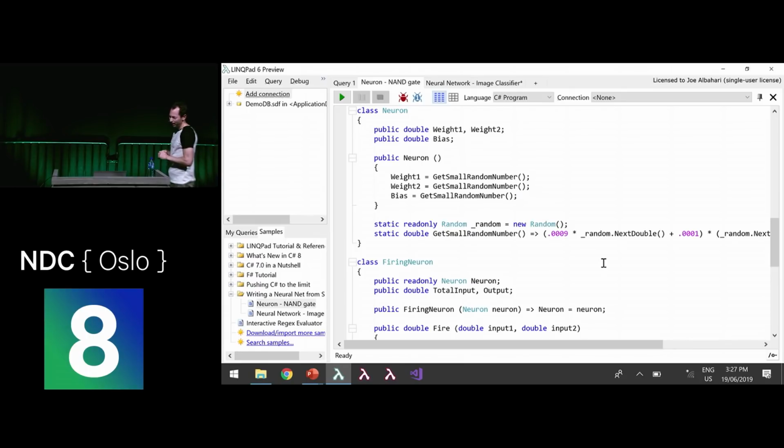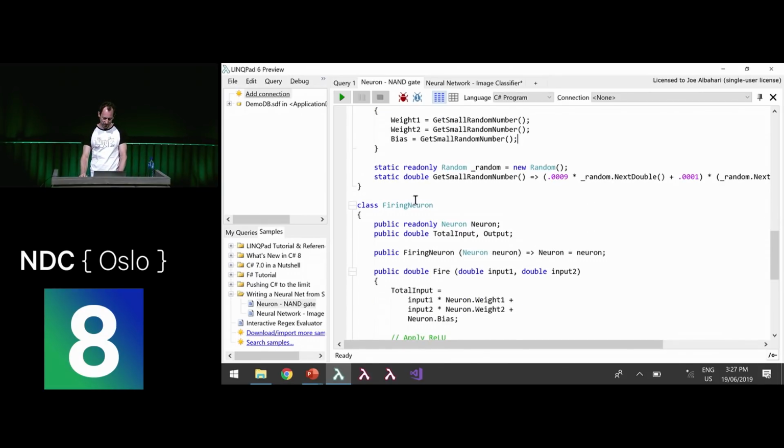In this case, the long-term state is the weights and biases. This changes very slowly as we train it, and once we've trained it, they kind of become constants. We can save them to a file and load them back up again, and they don't change while we're using it for inference. The transient state is all these temporary things like the total input. That's transient state.